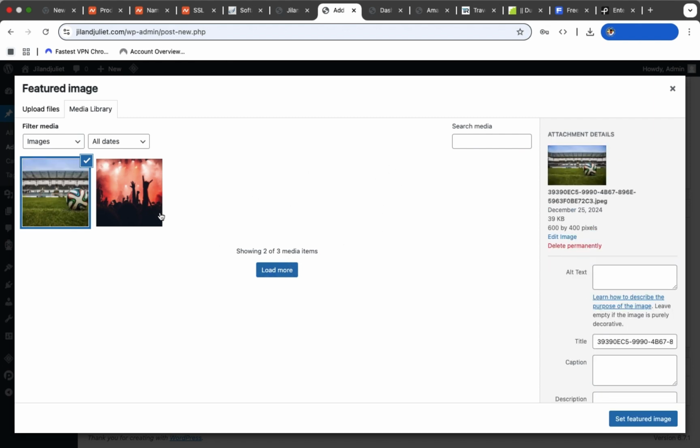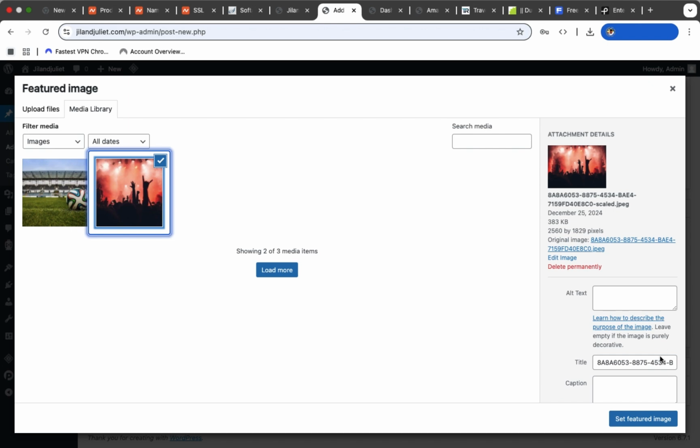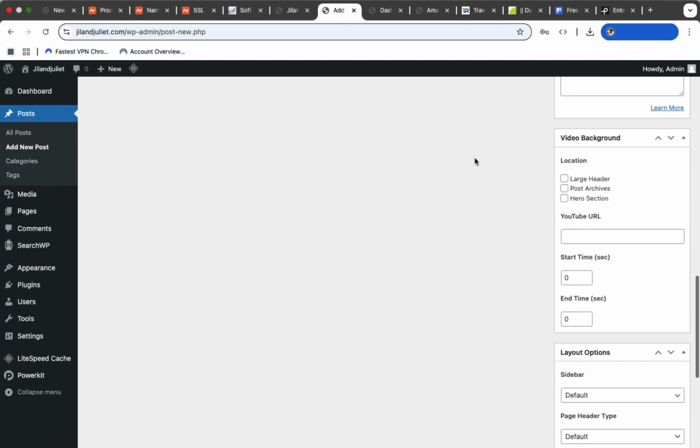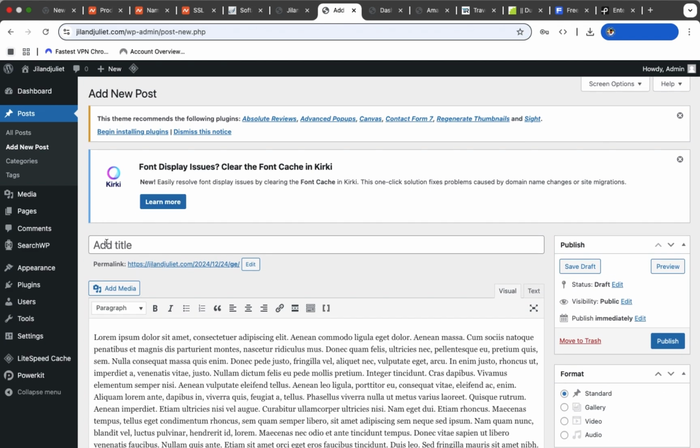But before we upload more, let's use this now. Then click set featured images. Now on the images here, then scroll up again. Now we can write the title, something like